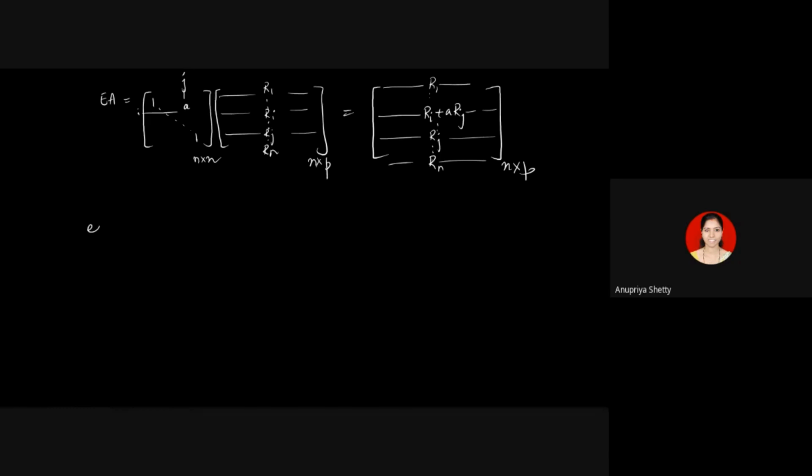One small example we can check. Let me take a small 2 by 2 case: 1, 1, 4, 0. I'll take a matrix of order 2 by 3: 1, 3, 4, 8, 0, 0. Can somebody quickly tell me what is going to be the second row? First row, I'll come to that later. Second row. This is the second row here.